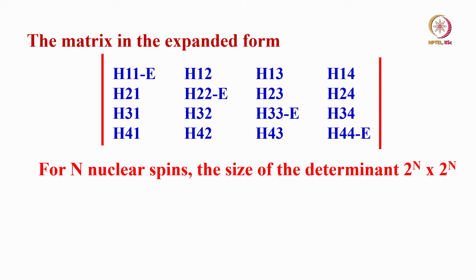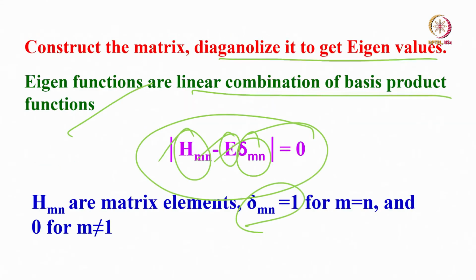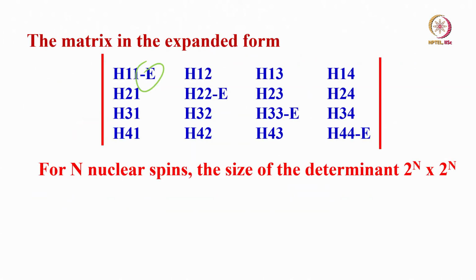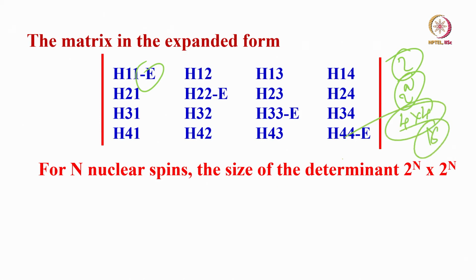For the nuclear spin system, for n = 2 spins, I wrote H11 as one element, H12, H23 like this, and of course the same thing as shown below. You have to solve this one equation, and then write it in matrix form. This is a 4 by 4 matrix because there are 2 spins, 2 to the power of n product functions. So it is a 4 by 4 matrix. There are 16 elements here.